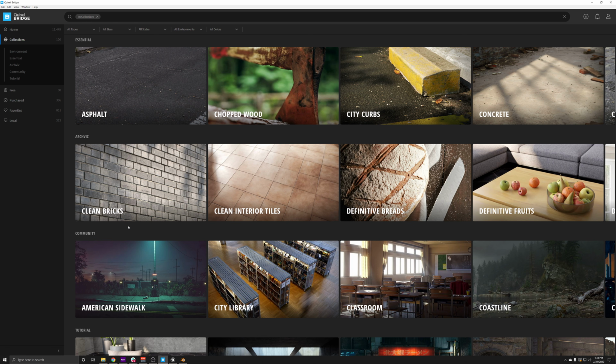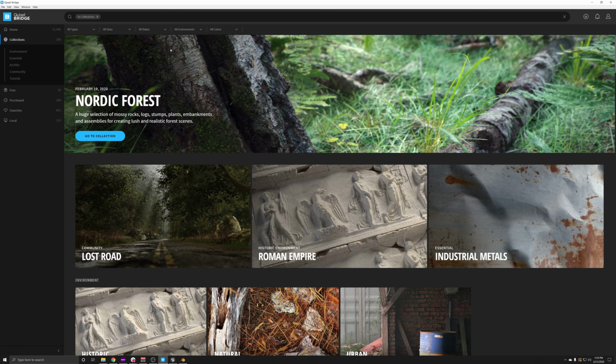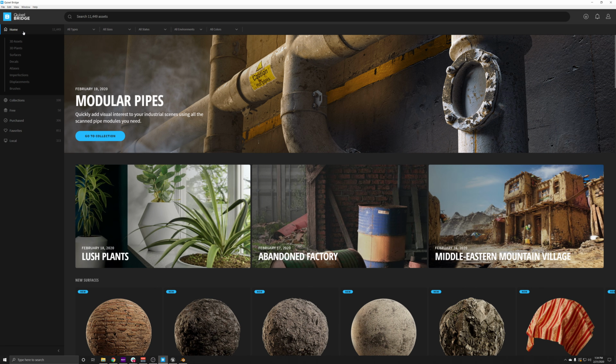So if you want to see some of that community work, you can go to, I think it's the Facebook group, where you can see some of these assets or projects coming out. And it's really staggering what people are doing. So that pretty much covers, I believe, the bulk of the software here.